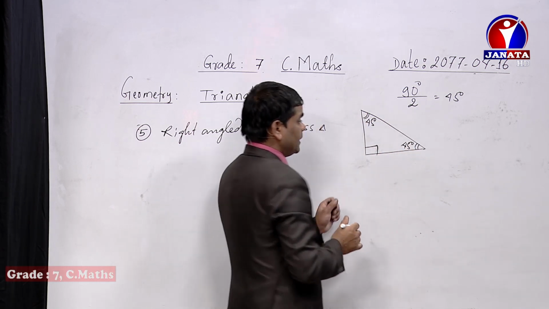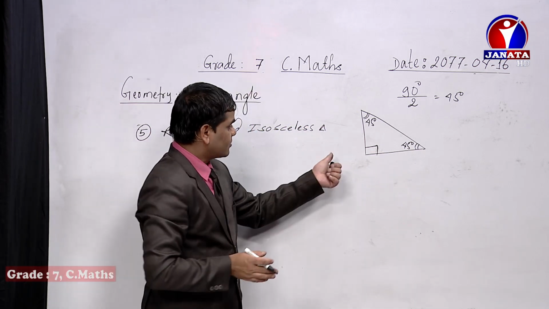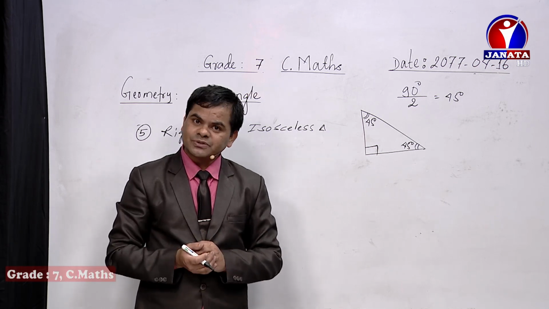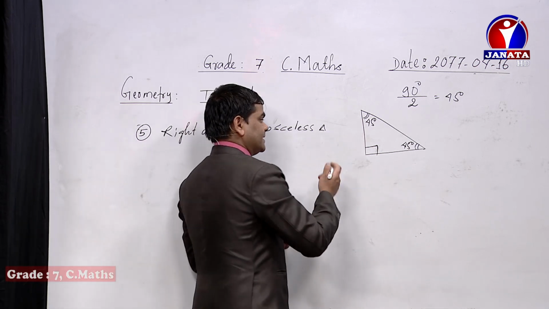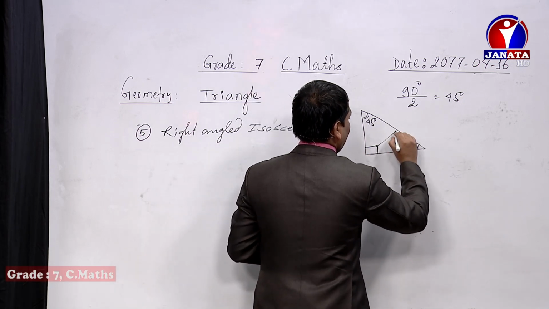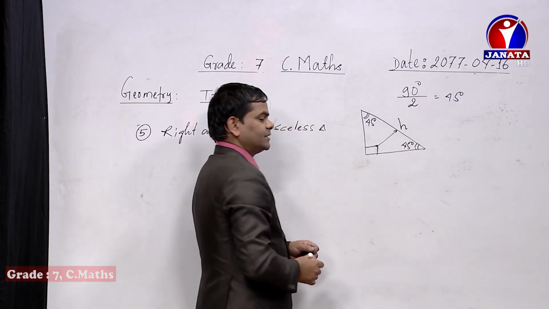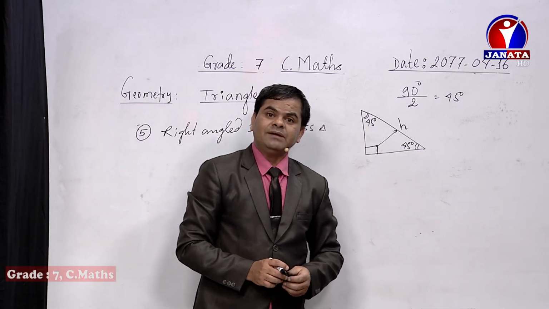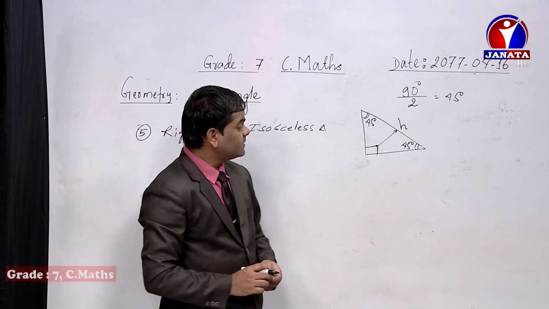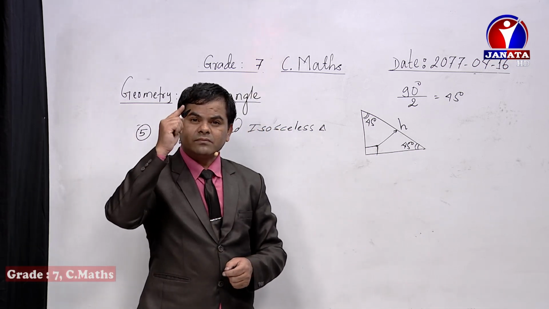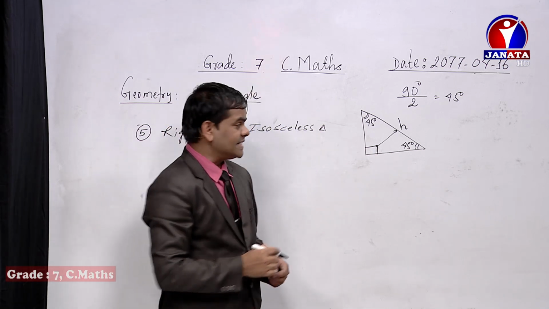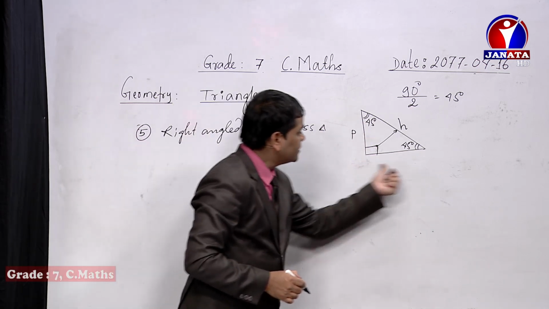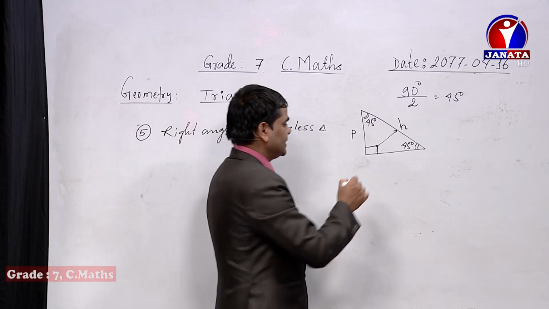And dear student, if you see the sides, as it is a right angle triangle, we must denote them as perpendicular, base and hypotenuse, isn't it? Always opposite to 90 degree, we call that side the hypotenuse. So this one is the hypotenuse. In case of perpendicular and base, I have already told you, if the reference angle is not fixed, the vertical line we write as perpendicular as it is vertical. So this one is the perpendicular, and the horizontal line we write as base. So this one is the base.